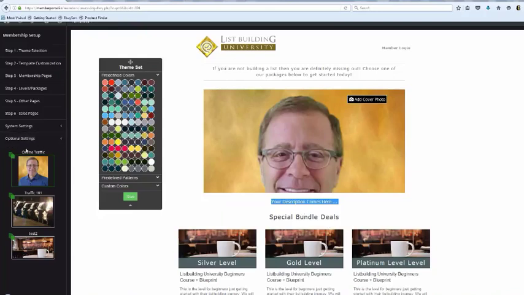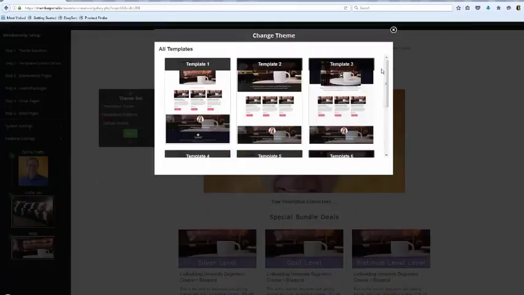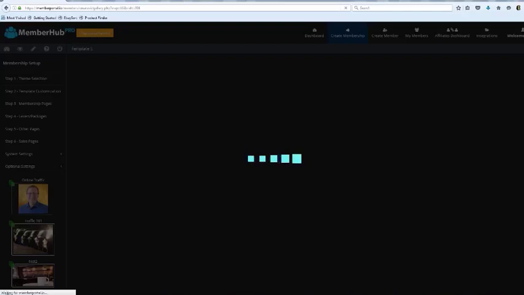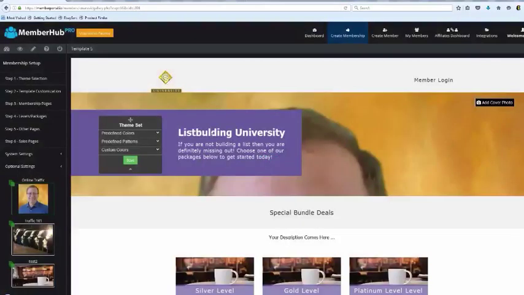But I don't like this sales page. So see these little green boxes? I'm going to click this here. And now I'm going to choose a different template. So maybe I like this one. I'm going to say Apply Theme. Okay. Now, look here. Here's our theme. Now, this image was not big enough to start with, but we knew that. But I'm going to come over here and do my best to work with it.